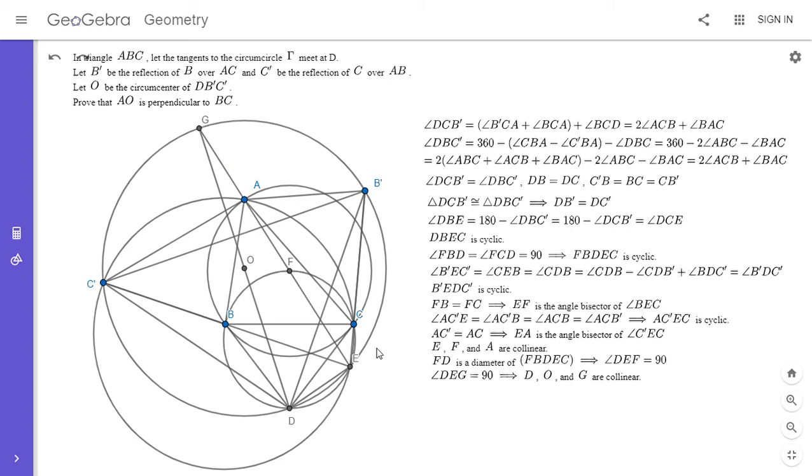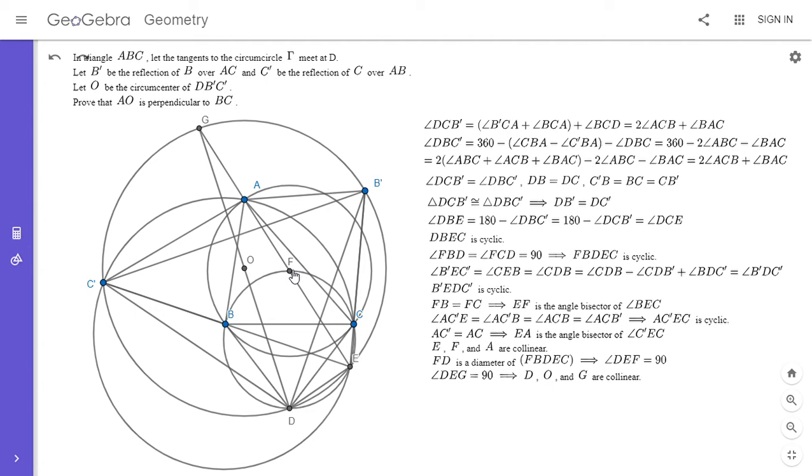Where do we go from here? So ultimately, we wanted to show that AO is perpendicular to BC. We know that it's easy to see that DF is perpendicular to BC, and O is the midpoint of GD because it's the center of the circle. So if we could show that A is the midpoint of GF, that would solve the problem. And here's where